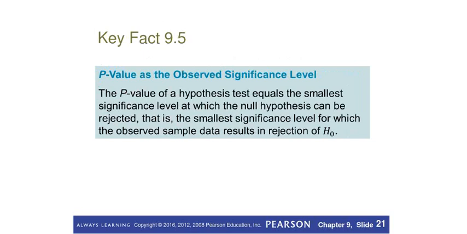Okay. So the p-value of a hypothesis test equals the smallest significance level at which the null hypothesis can be rejected. That is, it's the smallest significance level for which the observed sample data results in our rejection of the null hypothesis. So if we go back now to our normal curve and take a look at what this means,